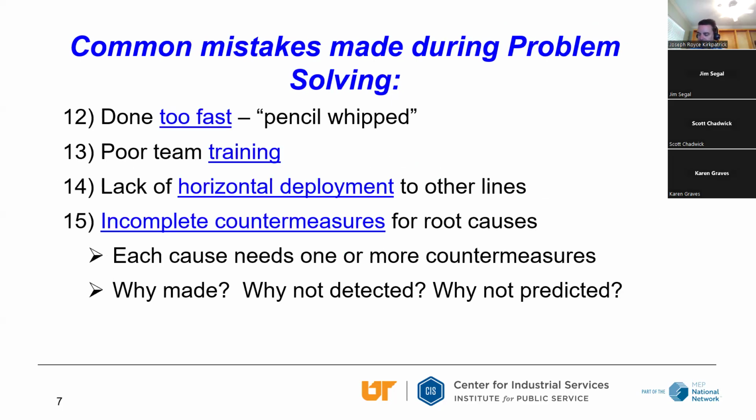Corrective action is just simply done too fast, pencil whipped. Poor team training, that they're not competent in problem solving. Lack of horizontal deployment. I call that a look across, read across, where we're implementing these corrective actions or improvements everywhere that is applicable. Because in the IATF world, and I had to explain this to a company this morning,